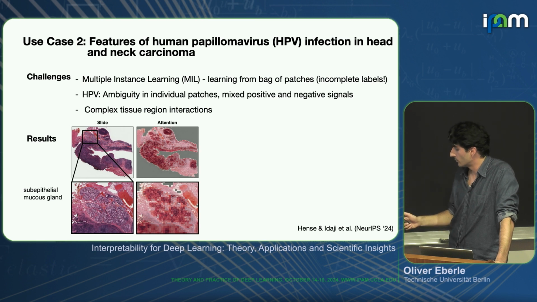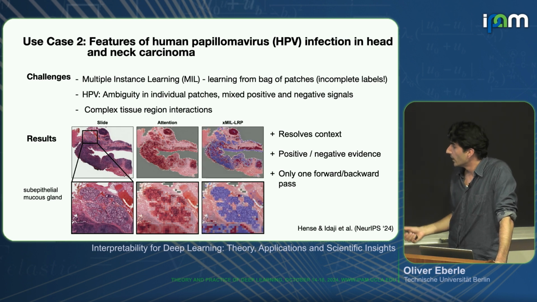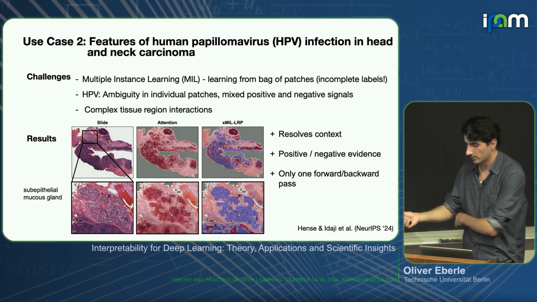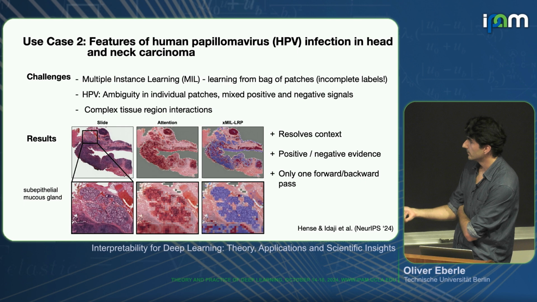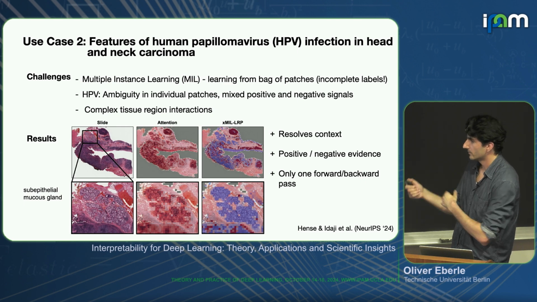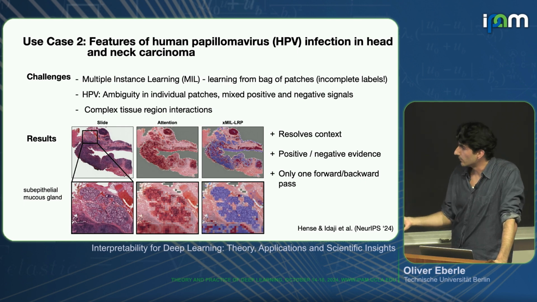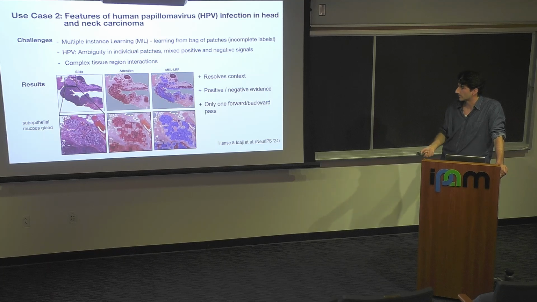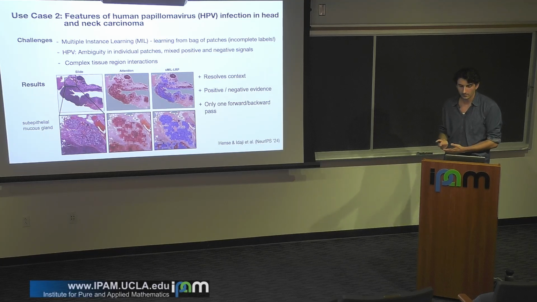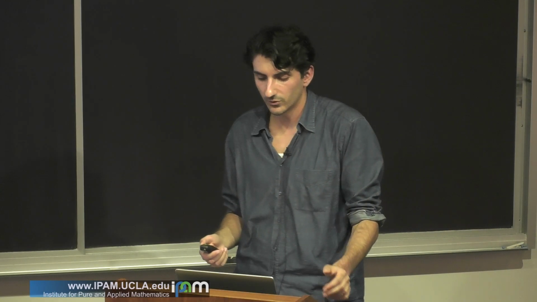And yeah, with the approaches that I just talked about, we can get a more plausible picture that's also more in line with what experts actually think. The reason why this is a positive case is this region here, where you actually see a cluster of cancer cells, whereas these glands here are all considered less relevant or irrelevant and actually contribute negatively to the prediction of cancer. So it's more in line with the predictions of the experts. But yeah, so this is useful to get scientific insight.